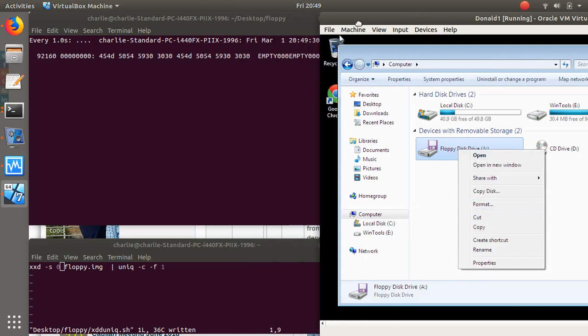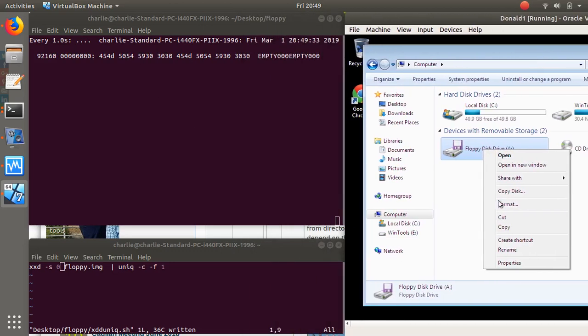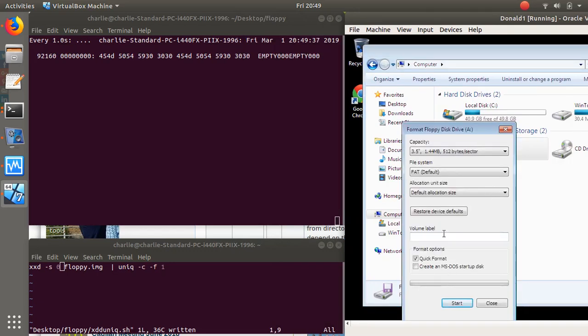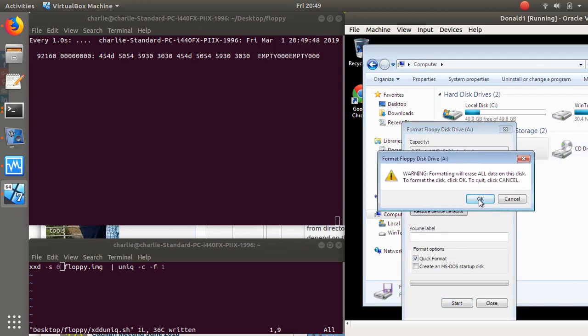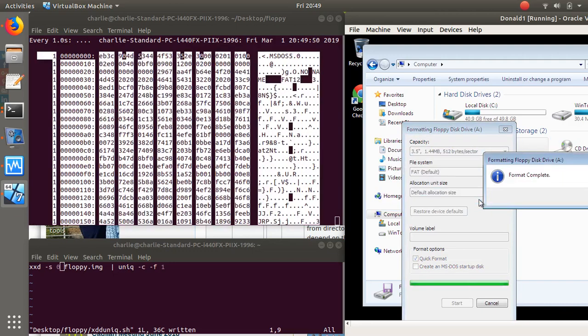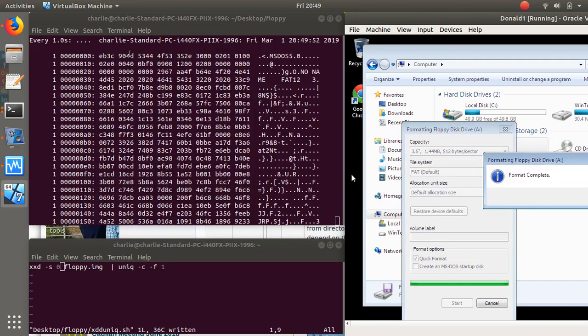Let's call this the watch window. So I'm going to format that, and okay, choose all the defaults. This is all standard, and it warns me you're going to lose all the data, and that's complete. And you can see, ooh, it seems to have all changed, except really most of the changes